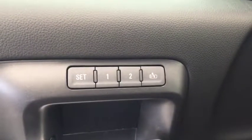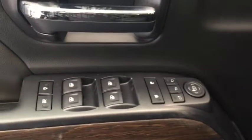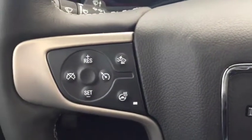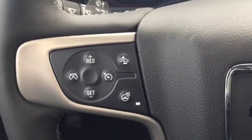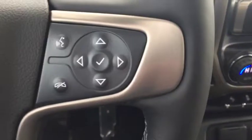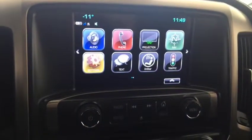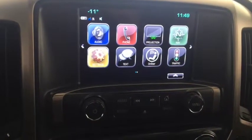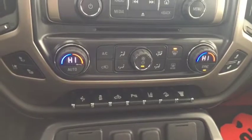Some features include power and memory front seats, power windows, power mirrors, power locks, Bose audio, trailer brake controller, automatic headlights. On the steering wheel we have cruise control, forward collision alert, heated steering wheel, Bluetooth capability, media controls, screen display with navigation, rear vision backup camera, AM/FM radio, Sirius XM radio, CD player, dual climate controls with heated and